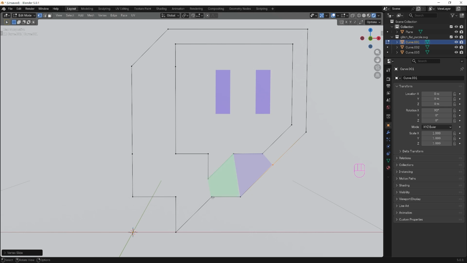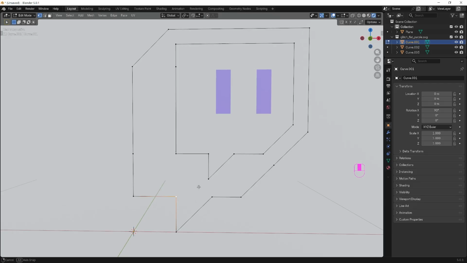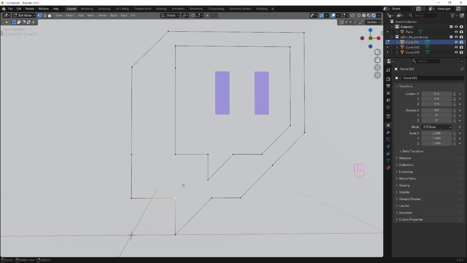It's tempting to create an edge just across here, but this will give us a triangle, which we really want to avoid. Instead, we can create quads by just joining these two vertices, and then join these two. See? So this is how you need to think and plan when creating good topology. Okay, so we now have our whole topology planned out.